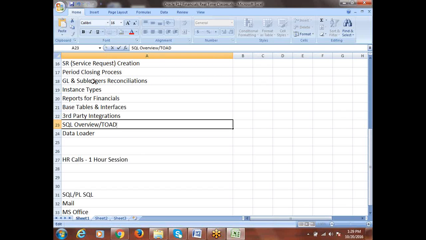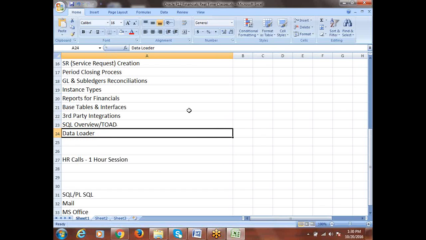For customization, we'll prepare a document which we call a functional spec, functional specification document, or as per AIM, the MD50 document, or functional design document. We'll discuss all these terminologies also. Once we prepare it, development should be done by technical people. Further, they'll prepare some document, which we'll discuss, but we don't prepare it. For your information, I'll be talking about it. Being a functional consultant, we don't need to deal with SQL Loader. If not Toad, we can use some other tools also, which we'll discuss, but generally you'll find Toad usage here and there.